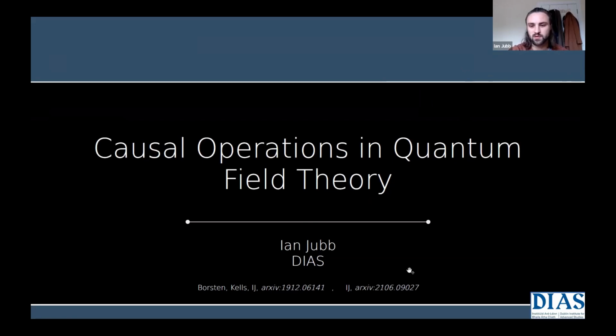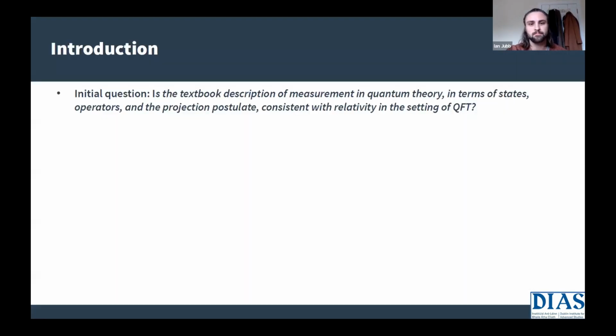So I just wanted to summarize some work in these articles down here on the questions of causality when it comes to measurements and other operations in quantum field theory. So just to set the scene, the kind of initial question one has is: is the textbook description of measurement in quantum theory in terms of states, operators, the projection postulate, all the usual stuff, consistent with relativity in the setting